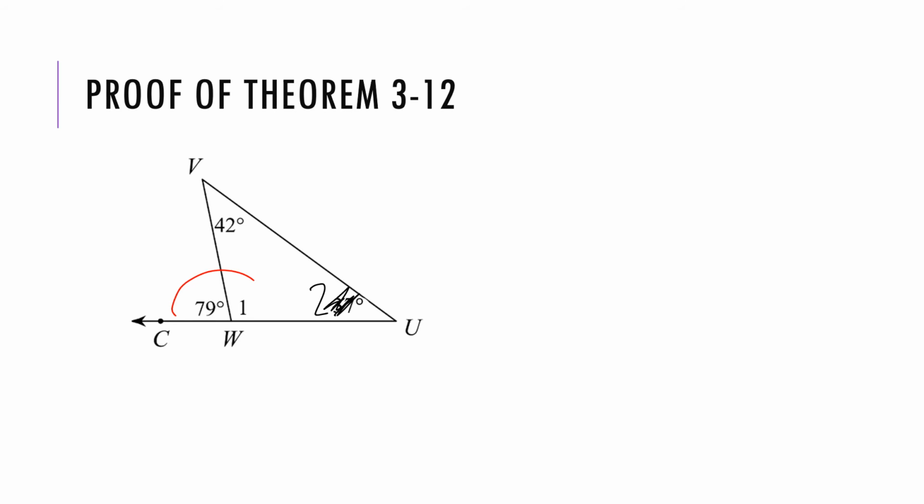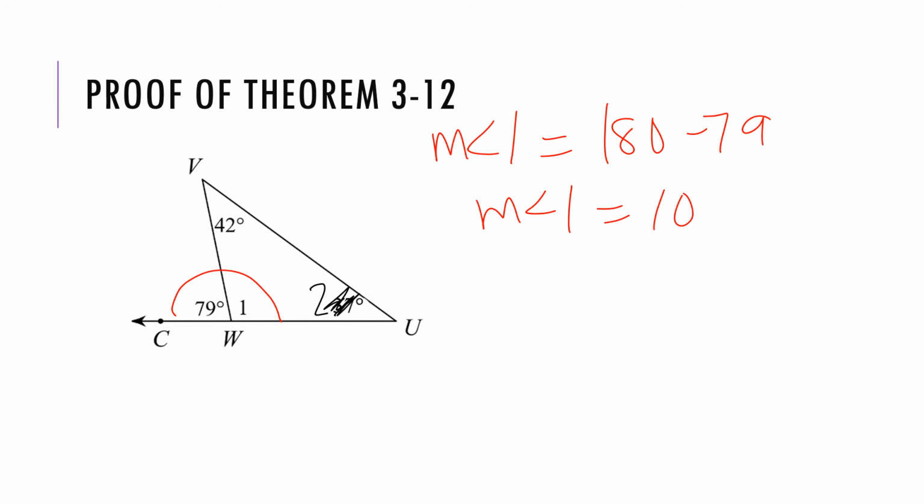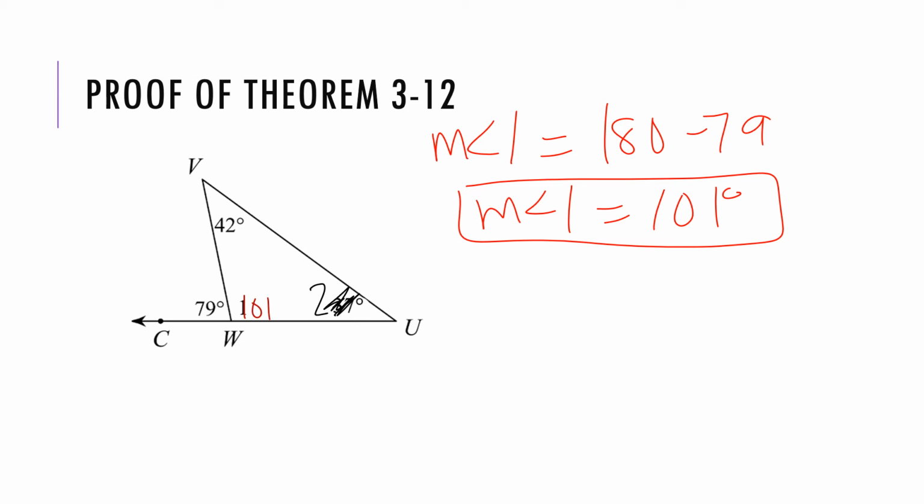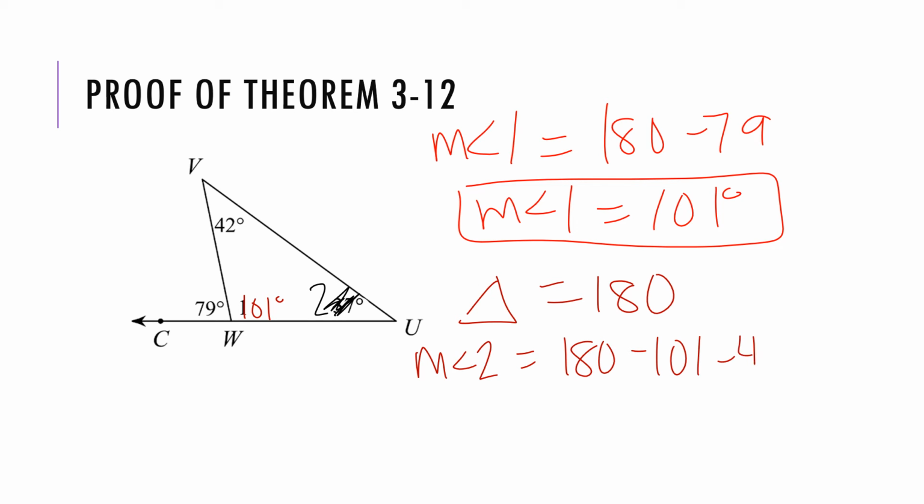So I know that 79 plus angle 1 has to equal 180. So the measure of angle 1 would be 180 minus 79. So the measure of angle 1 is equal to 101 degrees. And I'm going to go ahead and write that here, 101 degrees. I know that a triangle equals 180 degrees. So I can figure out the measure of angle 2 by doing 180 minus 101 minus 42. Measure of angle 2 equals, and that would be 37 degrees,